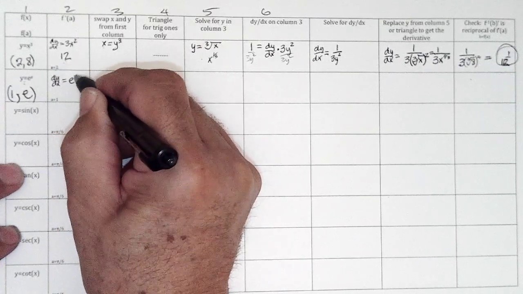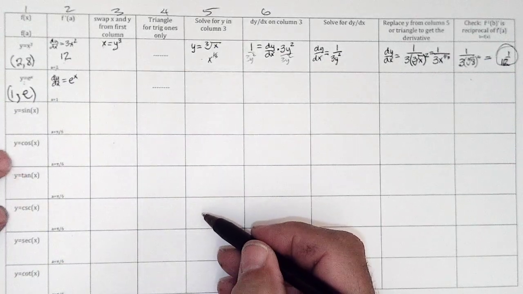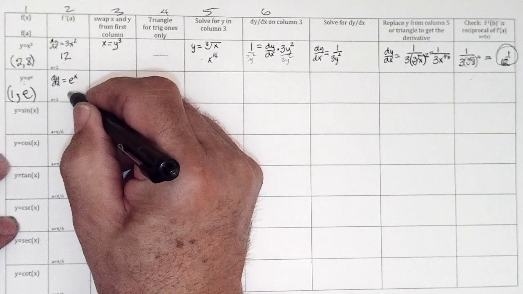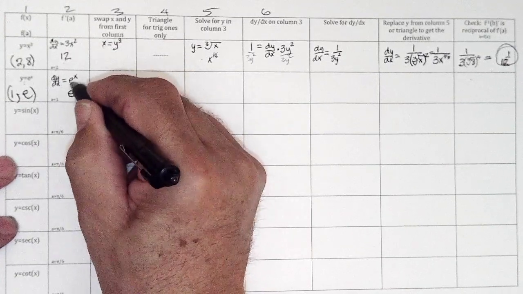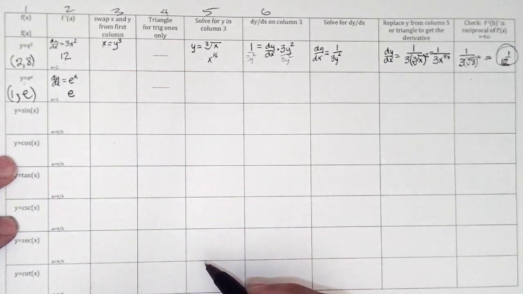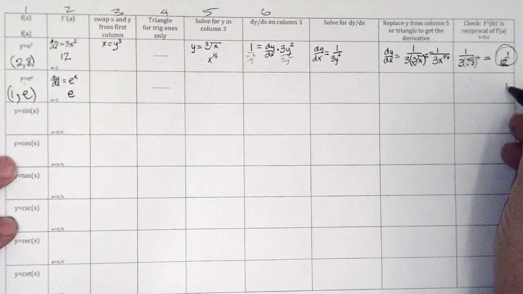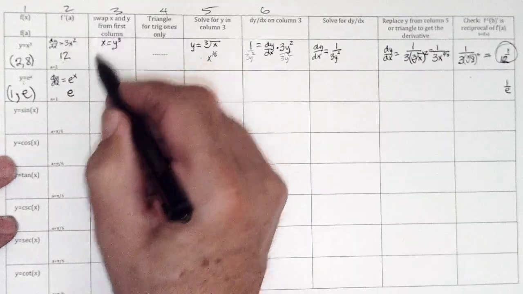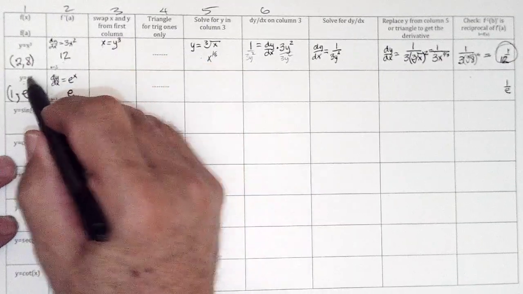Now, the derivative of e to the x is e to the x. It's the only function whose derivative is itself. So if I put 1 in here, I get a slope of e. e to the 1 is e. So over here, I should get 1 over e. Now, swap the y and x in this, and I get